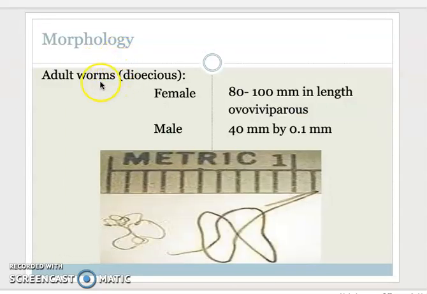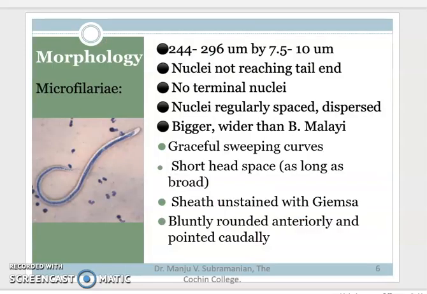And when we come to the morphology, they are dioecious, that is, male and female. You can see the differences. The male is about 40 millimeter by 0.1 millimeter, and the female is about 80 to 100 millimeter in length. So there is a clear-cut morphological size difference between the male and the female. Then about the morphology of the Microfilaria,